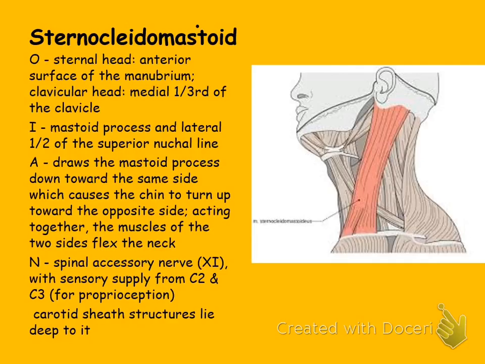So when it contracts, it'll turn your head to the opposite side that it's on. So if your right one contracts, it goes from the clavicle up to the mastoid. It will turn your head to the opposite side, to the left. The right one contracts, it goes to the left. If both of them contract, you bring your head forward. Brings your head down. The spinal accessory nerve is the one that does that, and the carotid artery is below